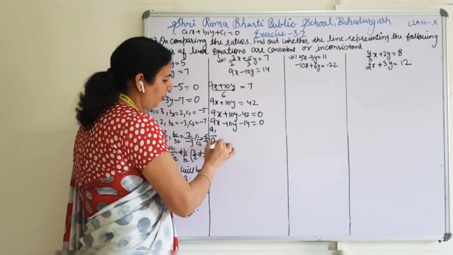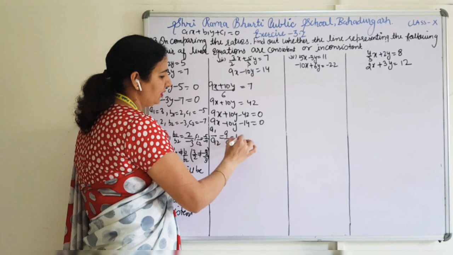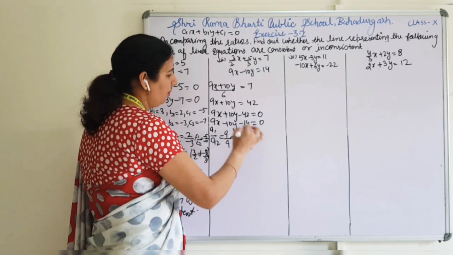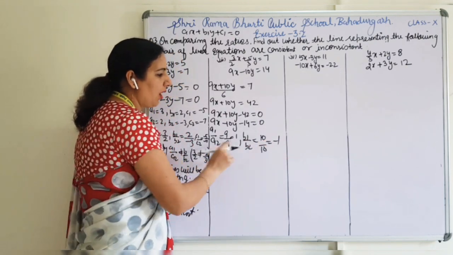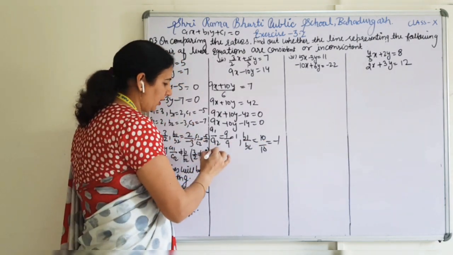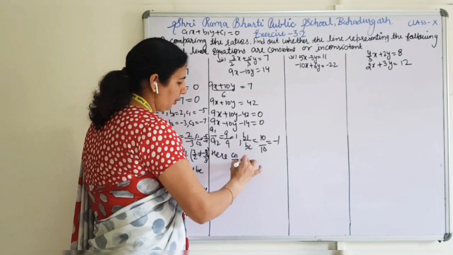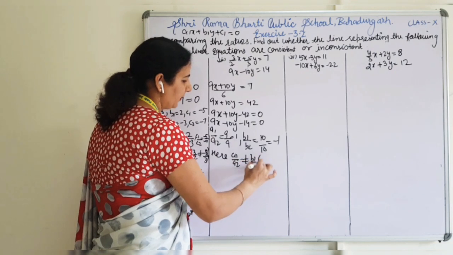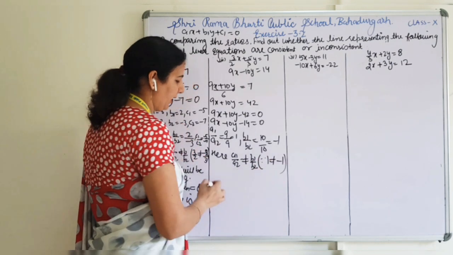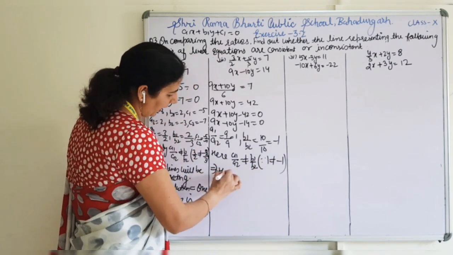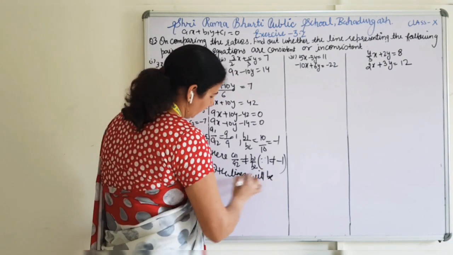A1 upon A2, I am going to calculate directly now. A1 upon A2, 9 upon 9, that is 1. B1 upon B2, 10 upon minus 10, that is minus 1. If the first two are unequal, there is no need to calculate the third one. Here, A1 upon A2 is not equal to B1 upon B2. What is the reason for this? Because 1 is not equal to minus 1. This implies the lines will be intersecting lines.